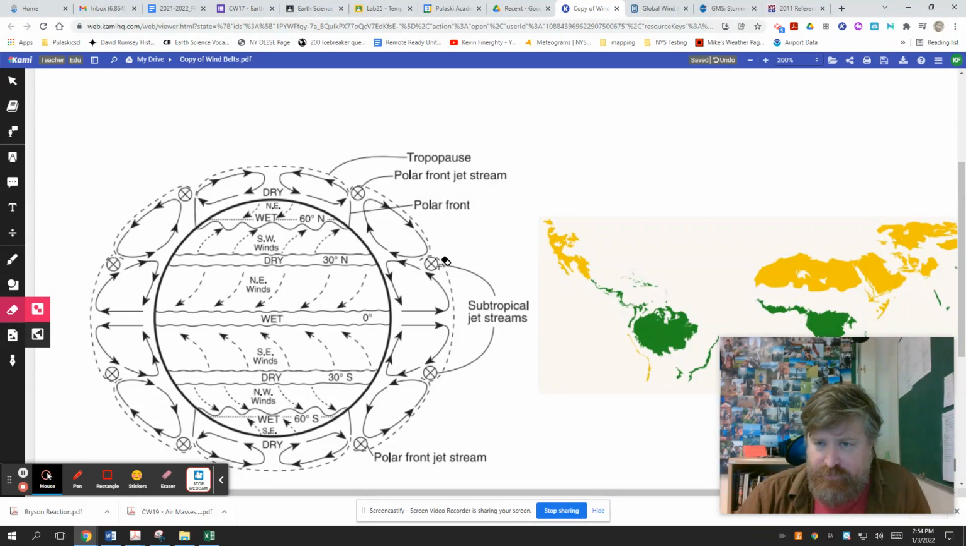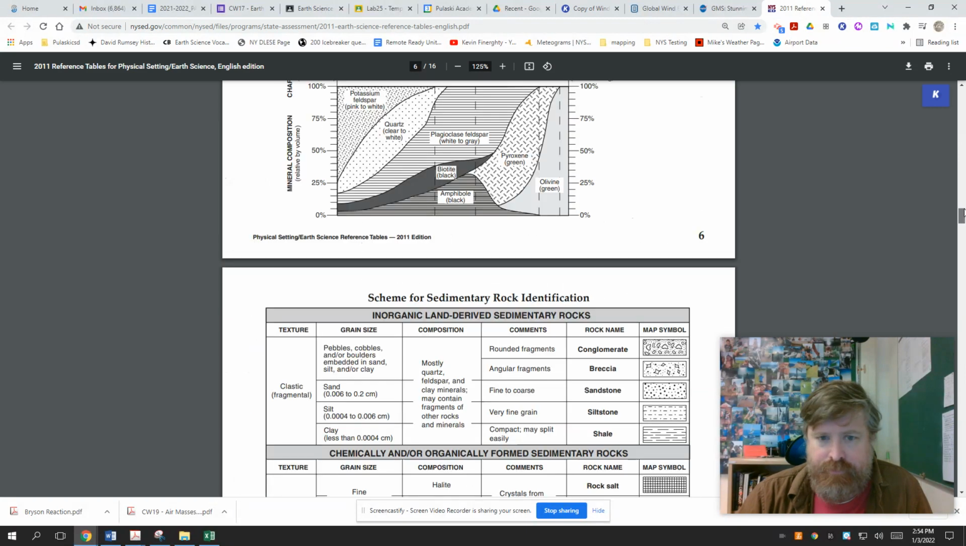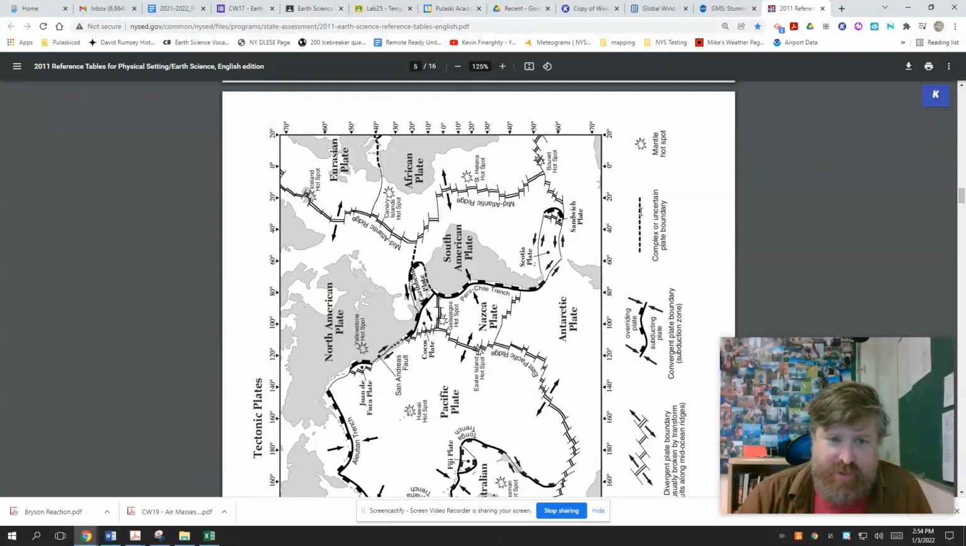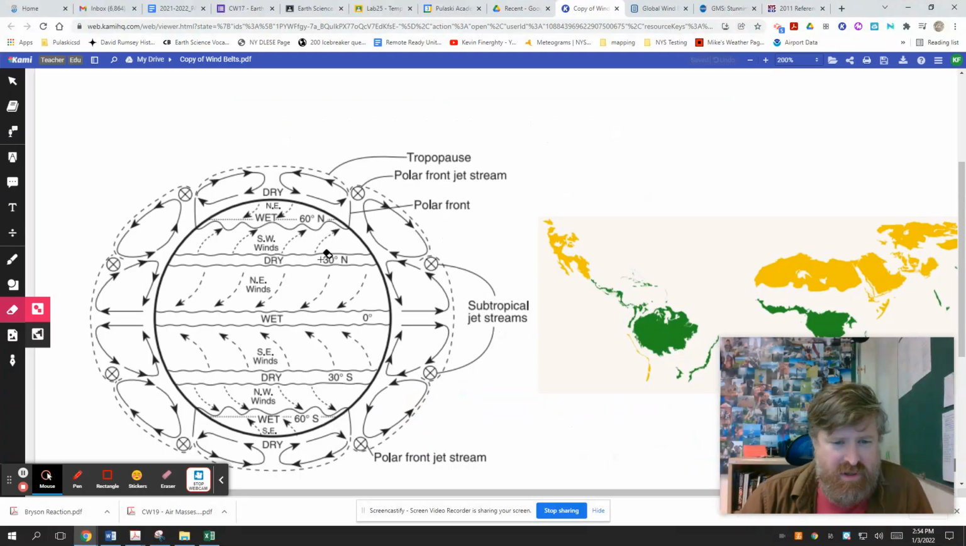It's important to know where we live, and if you forget, you can go back to other reference tables. You could go to this one and approximately figure it out. We're in the Great Lakes here in the mid 40s, north latitude. So that puts us somewhere between 30 and 60. In other words, we live in